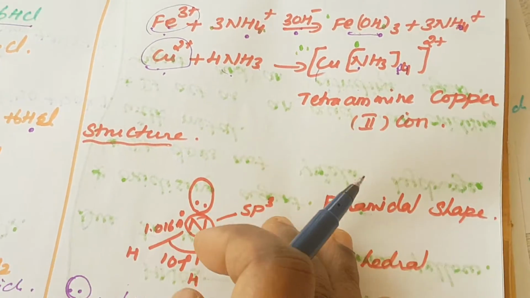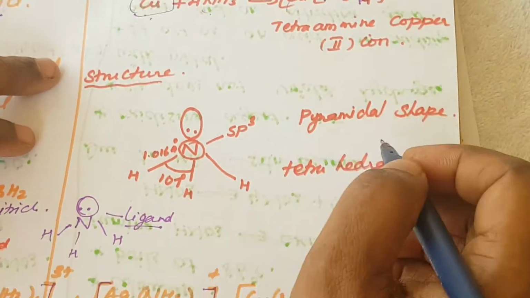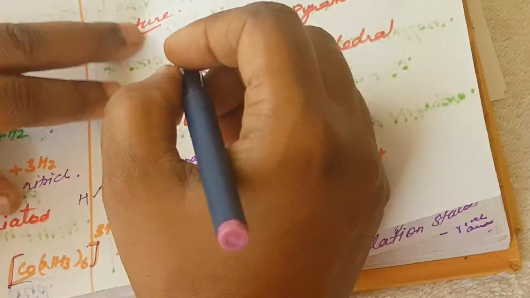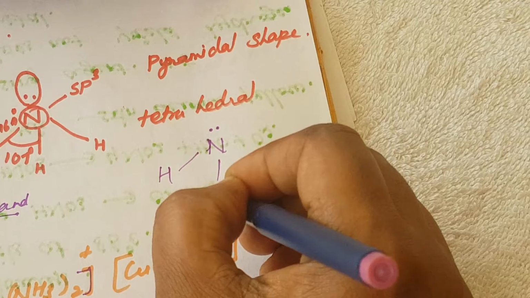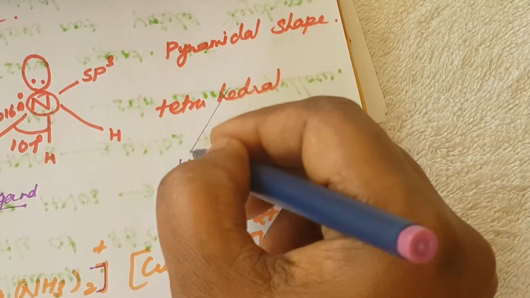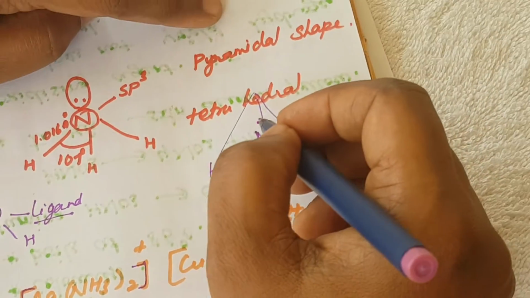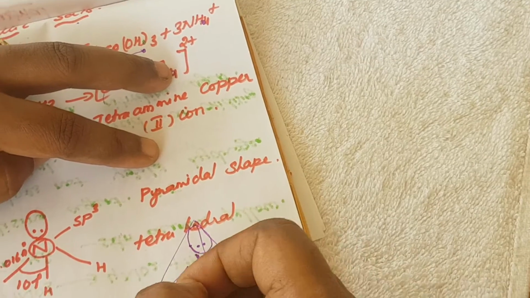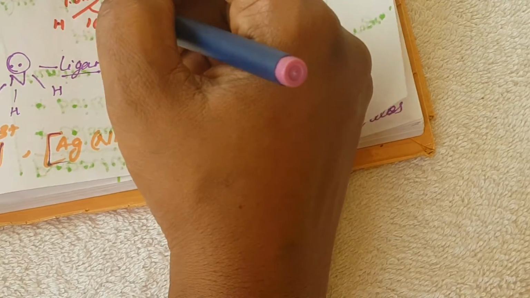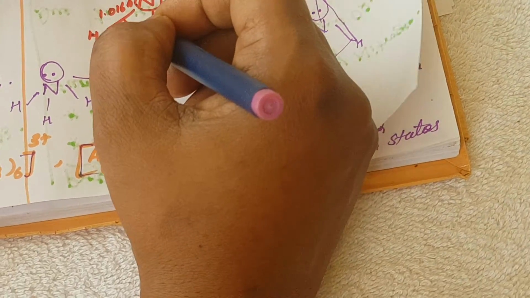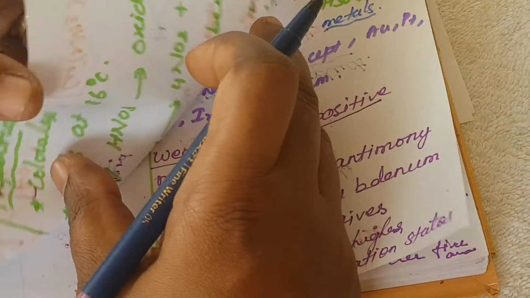Next we are going to see the structure of ammonia. We already know that it is pyramidal in shape, with a tetrahedral arrangement. The nitrogen has hydrogen, hydrogen, hydrogen around it. It is a tetrahedral arrangement, but the shape is pyramidal due to the presence of a lone pair of electrons. The bond distance of the nitrogen and hydrogen bond is 1.016 Angstrom. The bond angle between the hydrogen bonds is 100 degrees. Okay, so this is the structure of ammonia.